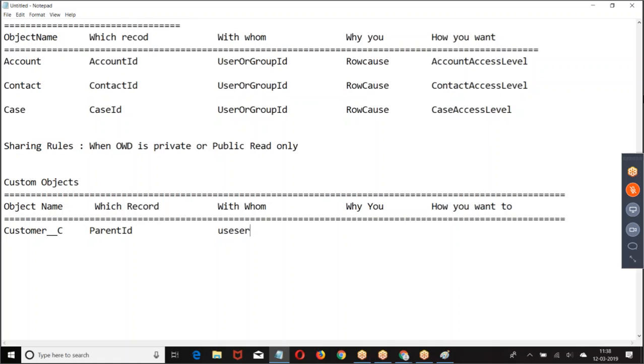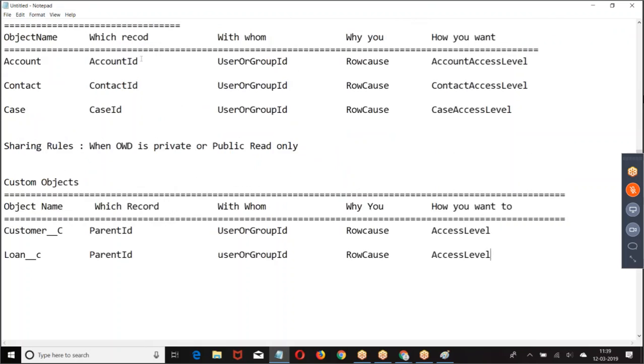With whom? Why you want to share? Then access level. If it is a standard object, it is object name followed by ID, object name followed by access level. If it is a custom object, we will give parent ID, the ID of the record which you want to share, user or group ID. This is how we are giving.